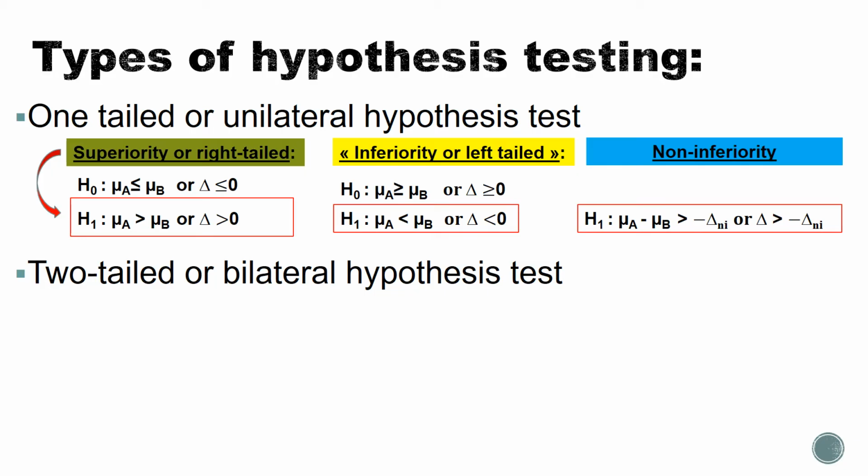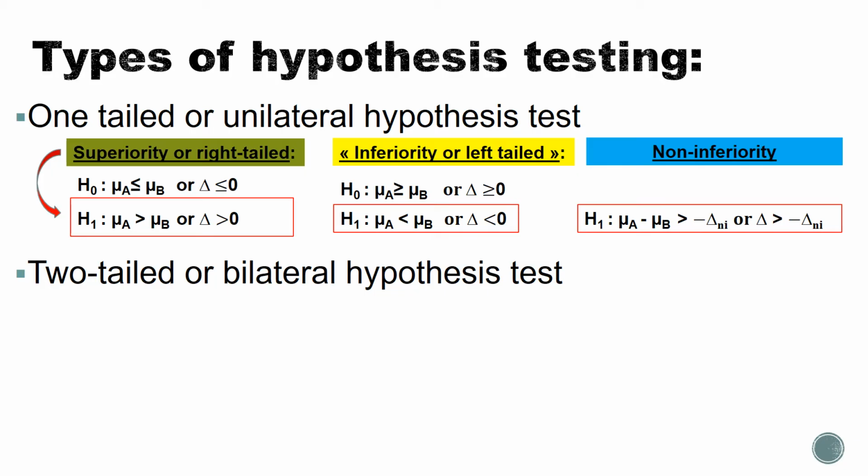That's why I'm saying the hypotheses are formulated with regards to what we are trying to prove. These are not fixed. In statistics, we only try to criticize, but in clinical research, we try to formulate hypotheses in favor of the pharmaceutical laboratory. That's why in clinical research, we don't have an inferiority test, but rather a non-inferiority test, where we are